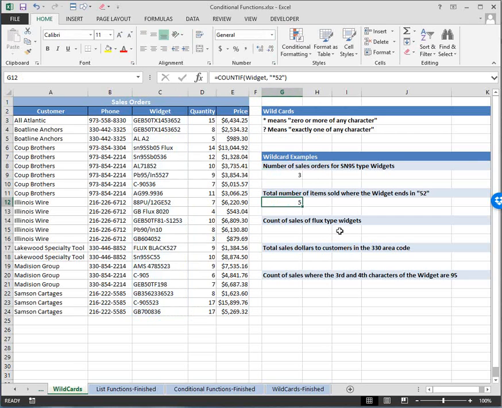Okay, so now we know how to search for something that begins with SN95 or ends with 52. But what about when the word that we're after or the characters we're after is anywhere in the text? Flux, for example. Here's a widget that ends in flux. Here's a widget with flux in the middle. And there's one here that begins with flux. I want to count all 3 of those. So what I'm going to do is write COUNTIF